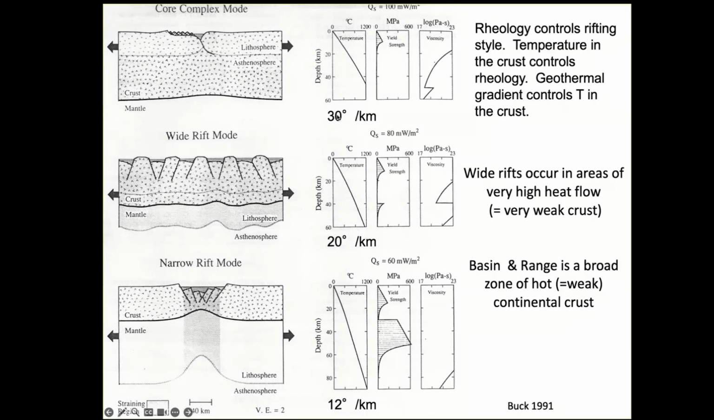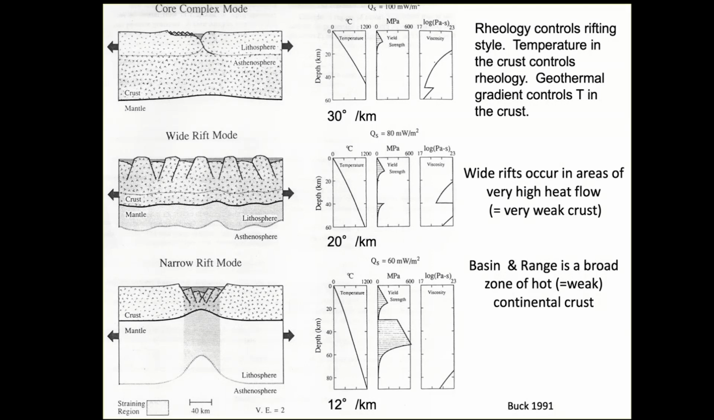So at a depth of 10 kilometers, here you would be at 300 degrees. At a depth of 10 kilometers here, it'd be 120 degrees. Much stronger, much weaker. We see the yield strength for these three profiles here. This one has a lot more area under the curve than this one, and this one has more than that one. We don't really need to worry too much about the viscosity, but it's these yield strengths that are controlling the